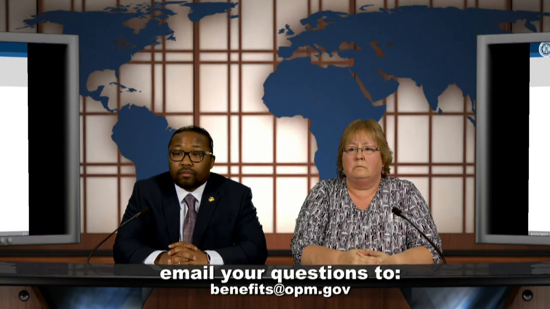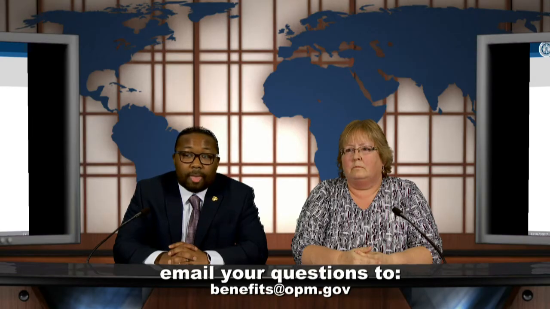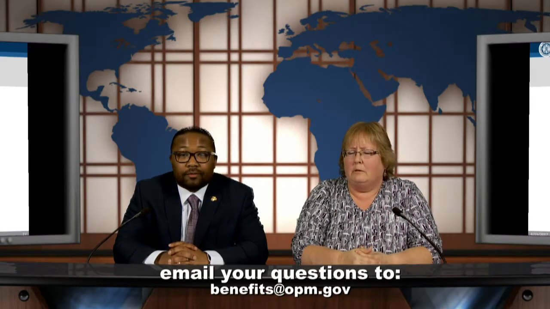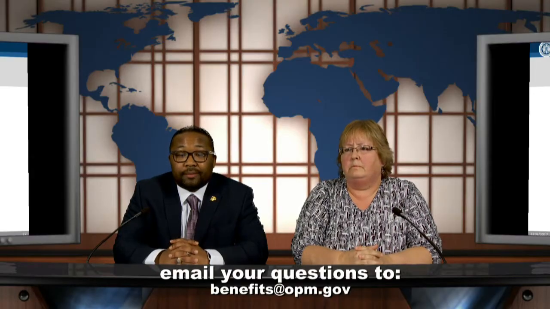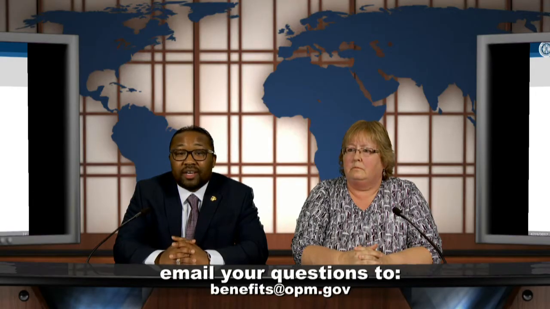If a person applies for FERS disability at age 61 and is approved for Social Security disability at age 61, but turns age 62 prior to OPM rendering a decision, how is the application handled at that point? The application would still be processed the same. We still make a medical determination on the application. I'm guessing that question is more geared towards the annuity calculation portion, which the disability office doesn't do, unfortunately.